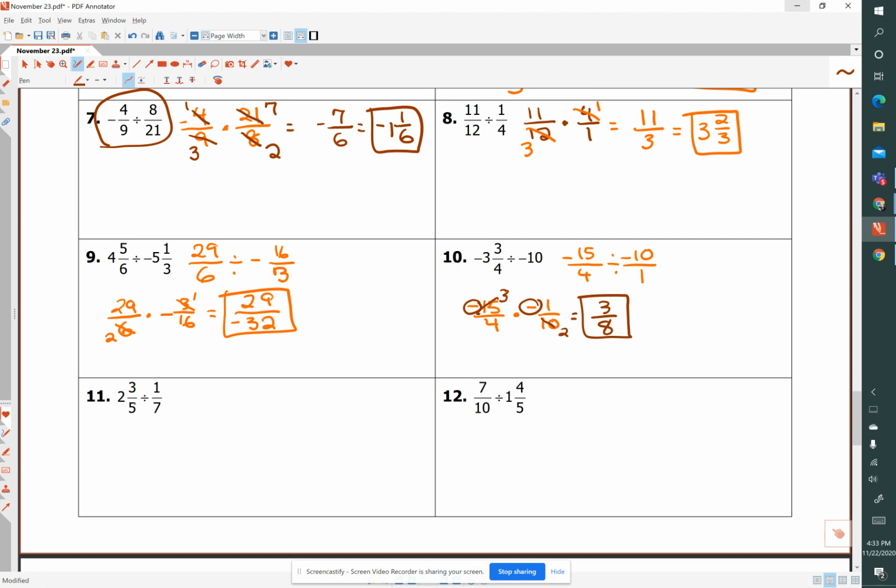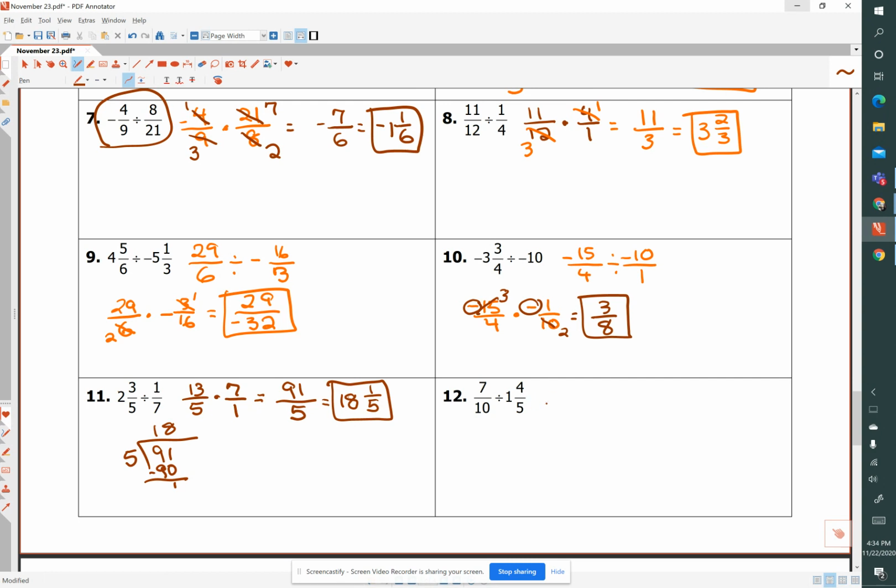Okay, so first one, we have an improper fraction, so let's convert the mixed number to an improper fraction. 5 times 2 is 10, and 3 make 13, 13/5, and we'll multiply by the reciprocal. And we cannot do any simplifying there, so 13 times 7 is 91, 5 times 1 is 5. We take that 91 and we divide it by 5. 18 times 5 is 90, with 1/5 left over, so that would be 18 and 1/5.